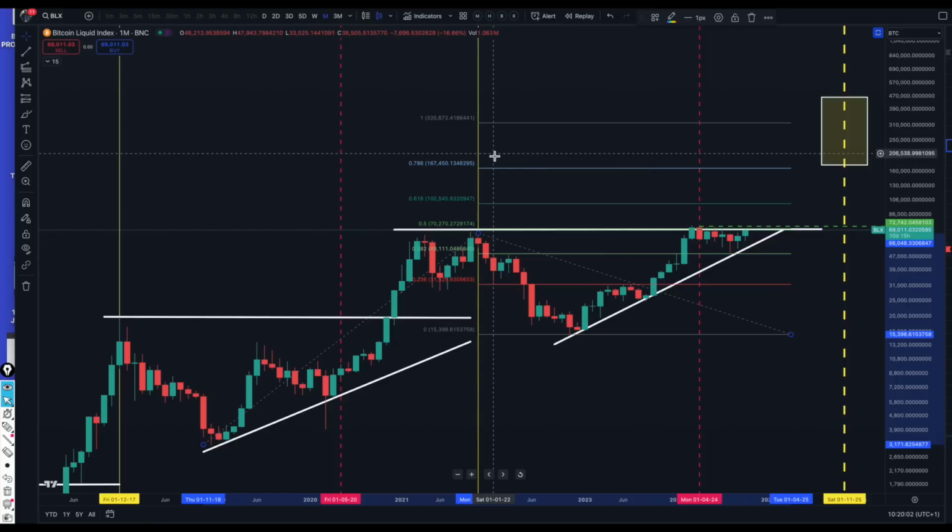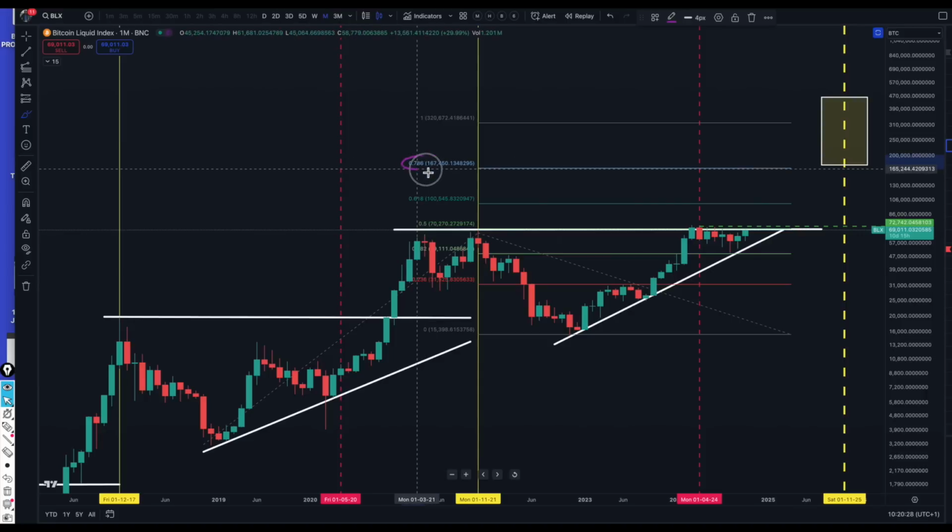And this is why I don't want to get involved in giving predictions, but just based on the facts in the charts, using different methods, everybody can make up their own mind, come to your own conclusions of where we're heading around here. So in this particular picture now, as we've seen, the first cycle would have given this figure here, which is at 167,000. The second cycle was right in the middle, which is around about 130,000 here. The last cycle came to the 61.8. And this is giving us a figure here now of $100,000.